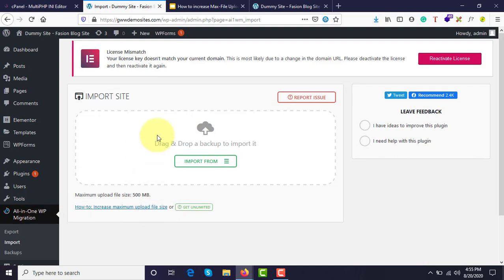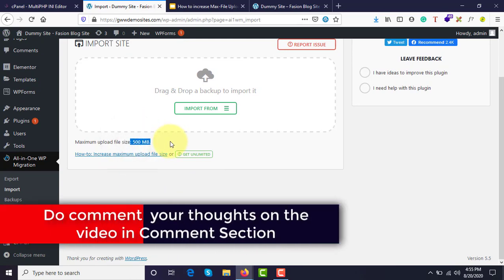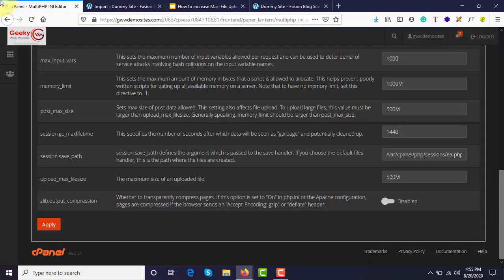This is a free plugin, and if you had this restriction, you might have to purchase a pro version to remove this restriction. In this method that we just now saw, you can easily update it without upgrading it to a pro version. Within a free version you can use it like this.